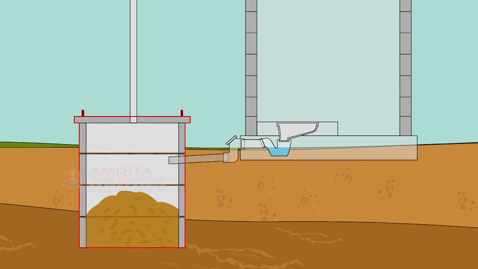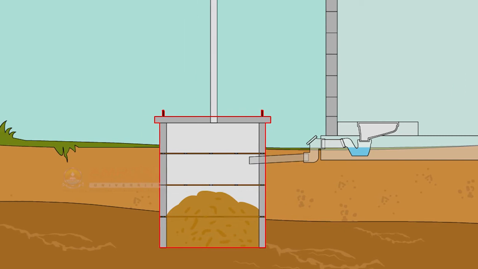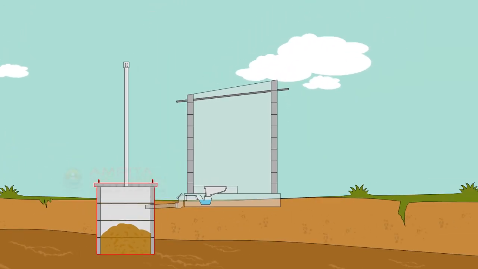Leach pit. Leach pit is where the pipe delivers all the waste material. It is a large hole in the ground. This hole is lined with concrete rings and is open at the bottom. The waste material flows into this pit. The water seeps into the surrounding soil through the ground and spaces between the rings, leaving only the solid portion behind. In this way, it no longer threatens the health of the community.